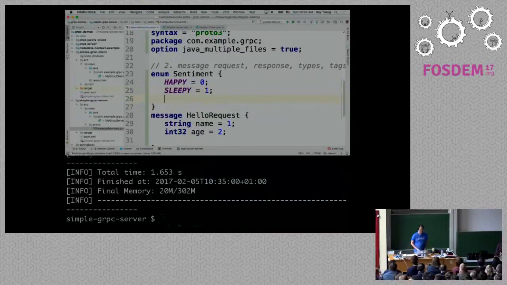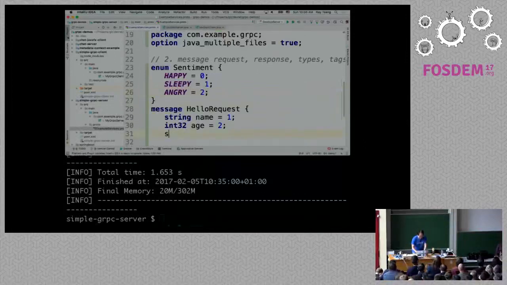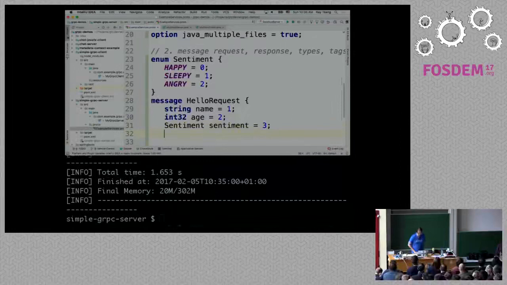So I'm going to say sleepy is equal to 1. And then by the end of this talk, you might be extremely angry at me, so I'm going to say angry is equal to 2. Once you have defined this enum, you can say sentiment is equal to 3. Again, don't get messed up with the equal signs, because it's just saying the tag is equal to 3.